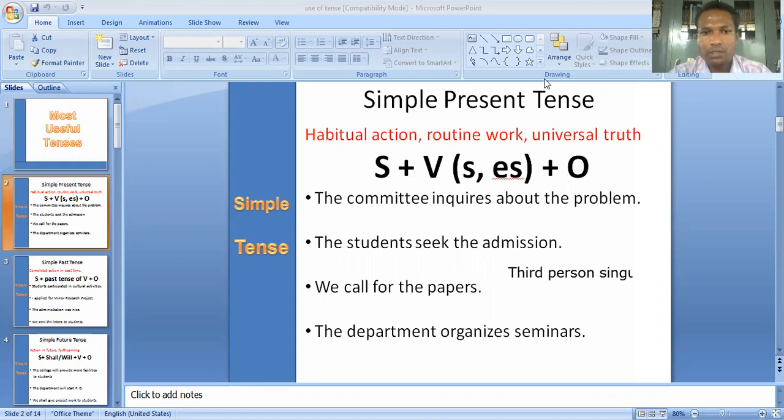Okay, the committee. So tell me, is the subject third person singular or what? Is the word committee third person singular or not? Yes, it is third person singular. How? Who is the committee? Am I the committee? No. Are you the committee? No. Who is the committee? It is a third one. Right? It is a third person. That is why the committee inquires about the problem. Now the second